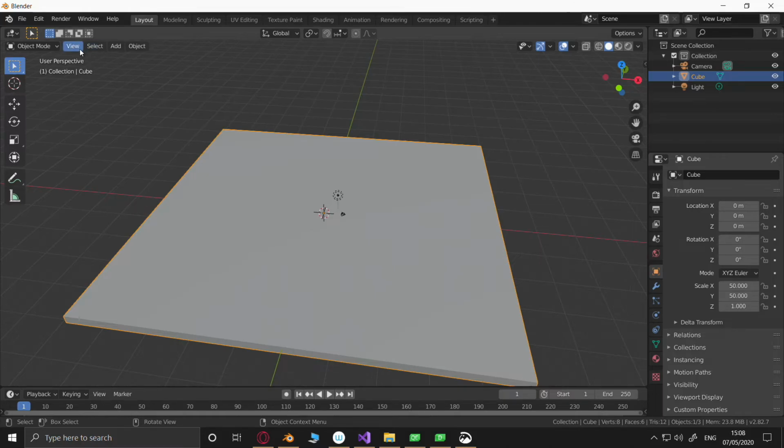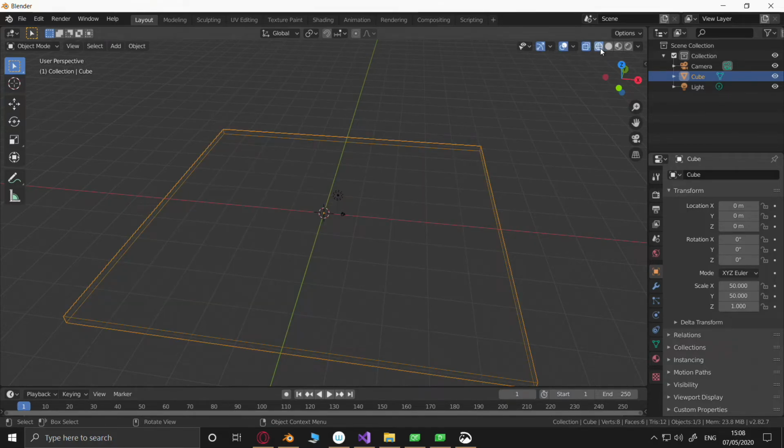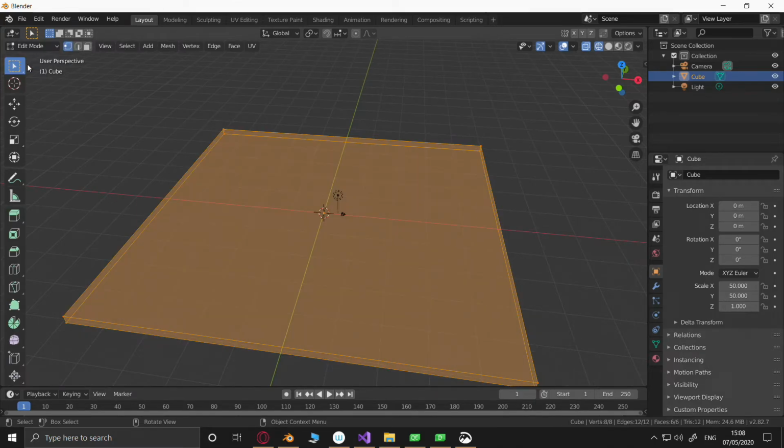I mean, you can tell from that there's no mesh. I'll keep it in that mode. Ah, we're in object mode, okay. Edit mode. Okay.